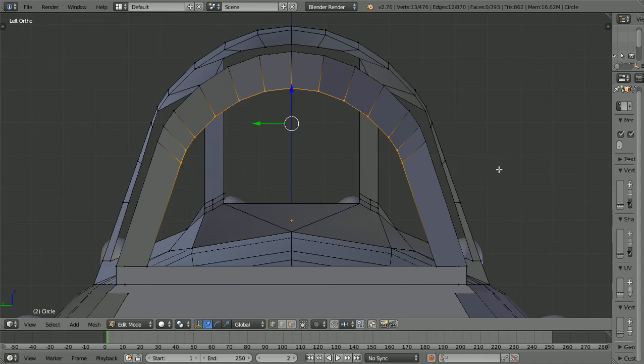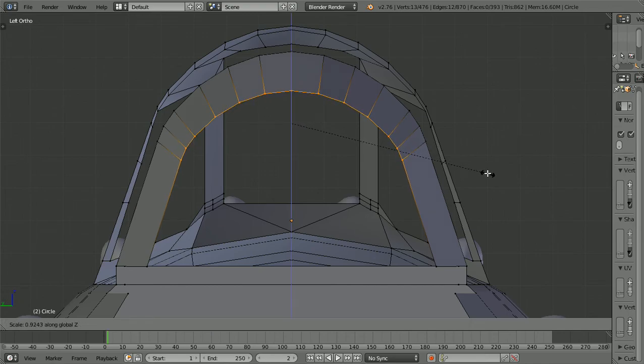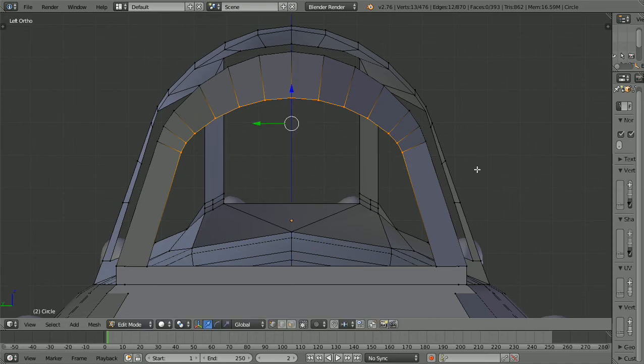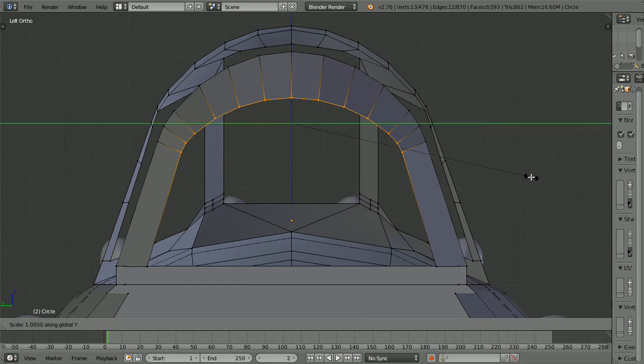Okay, what I want to do now, again, is scale this to the Z, and I'm going to flatten this shape out a little bit, because this shape is almost flattened this way on the airplane when you get down to the back where the frame is. And then I'm going to scale it a little bit on the Y, and bring it in just a little bit,